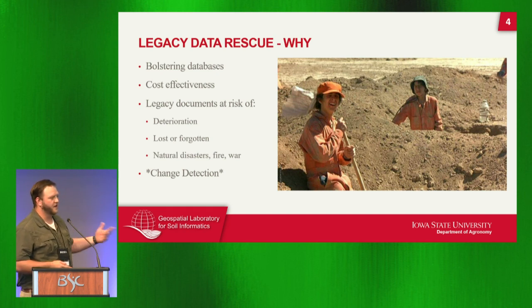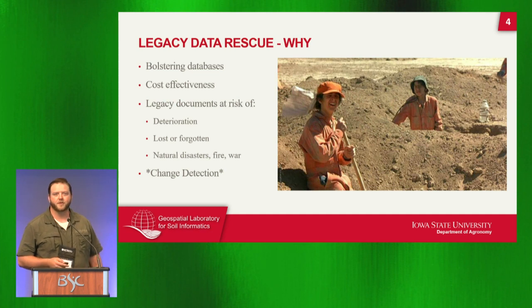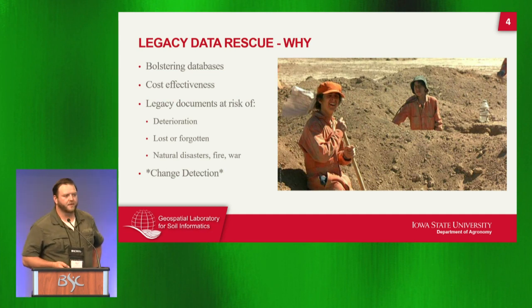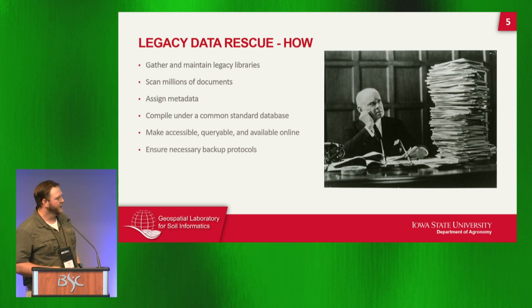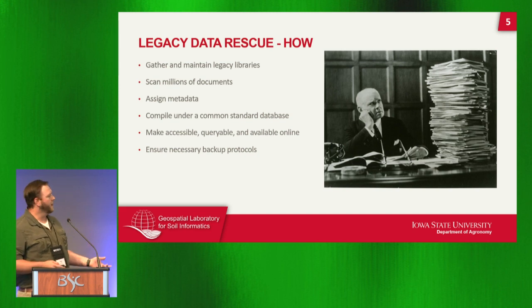And then there's just all the natural risks that come with having those things sitting around and not being able to get them into a safer location. And then we also want to be able to utilize them, and I'll talk about that later on, for change detection. So essentially, in order to do this, you need to be able to gather this information, maintain a library,